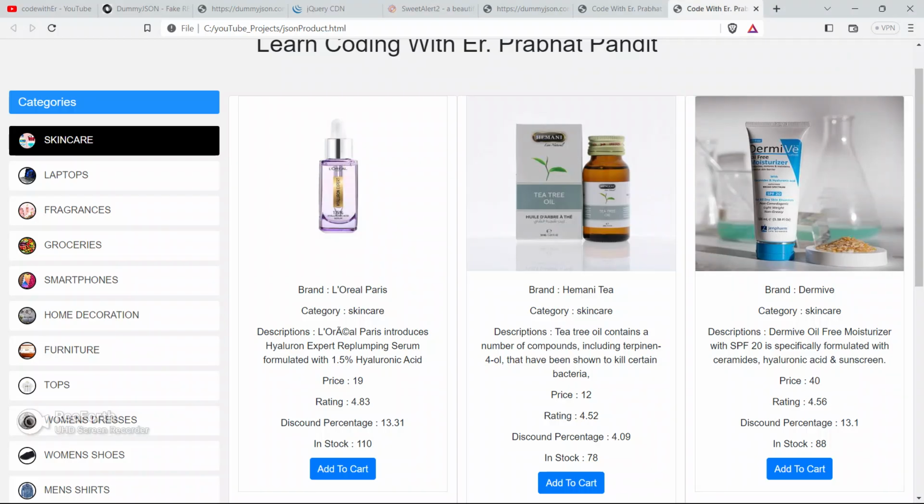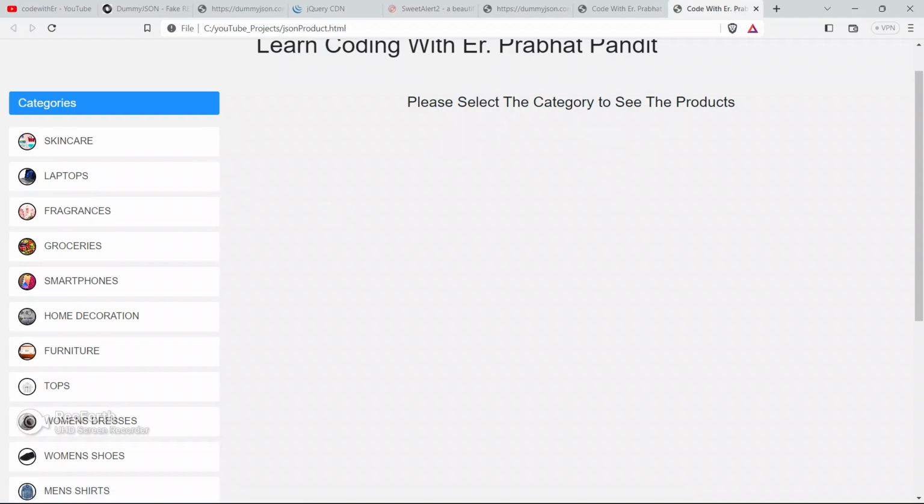Save your code, go to the browser and refresh your page.